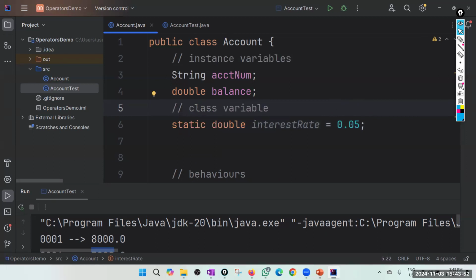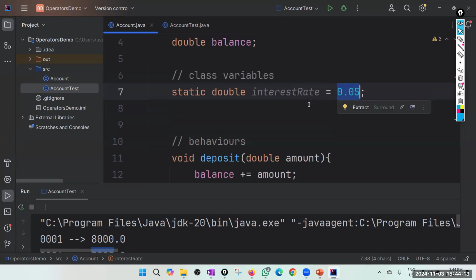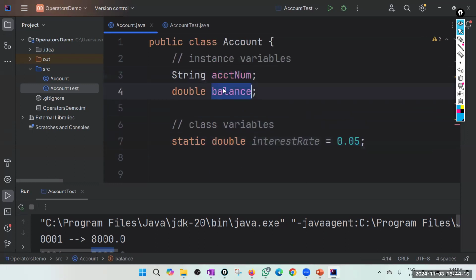Now you must understand the difference between instance variable and class variable. Okay, so this is a shared variable for all the account objects. But every object will get its own account number and balance.